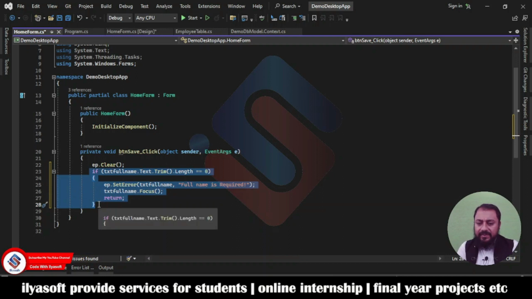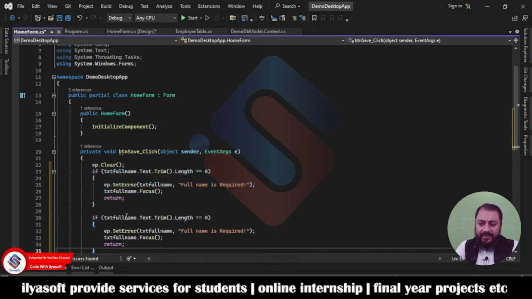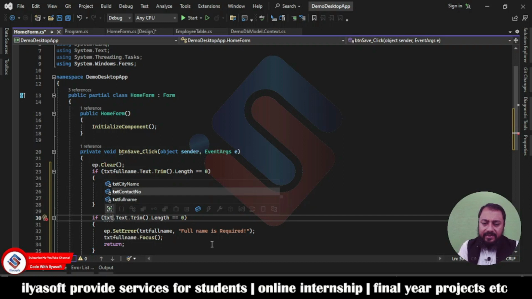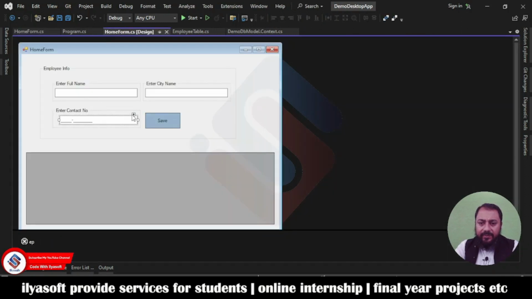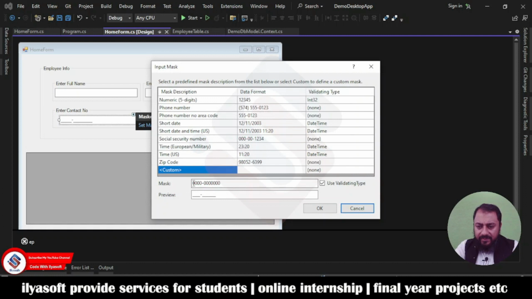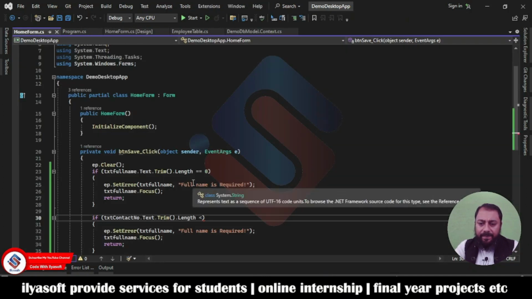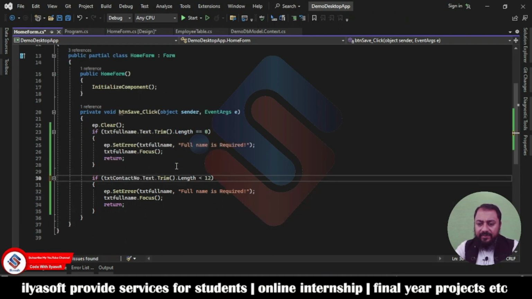copy this, and also for contact number, txtContactNumber.Text.Trim(), and then the length of the text is less than... Its length is, go to this home form, and I'm going to click here, and this length is 1 2 3 4 5 6 7 8 9 10 11 12. So now if it's less than 12, so